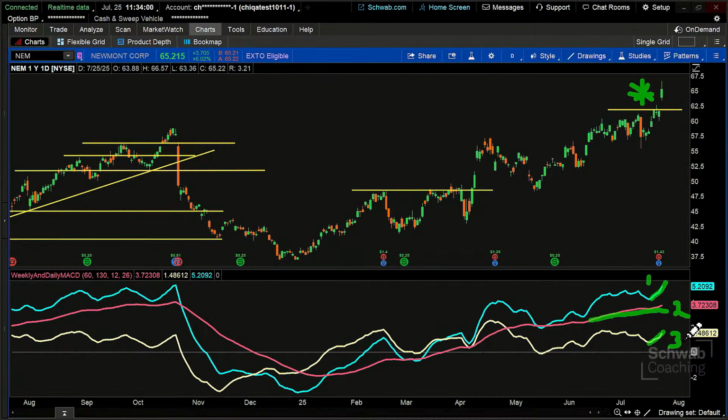Now, does that mean that this breakout is going to continue? Absolutely not. It never does confirm that. It never does guarantee that. It never does indicate that. But it suggests, from a technical analysis perspective, and I'm going to take my glasses off because it's important enough to pay attention to, it suggests that there is increasing momentum.